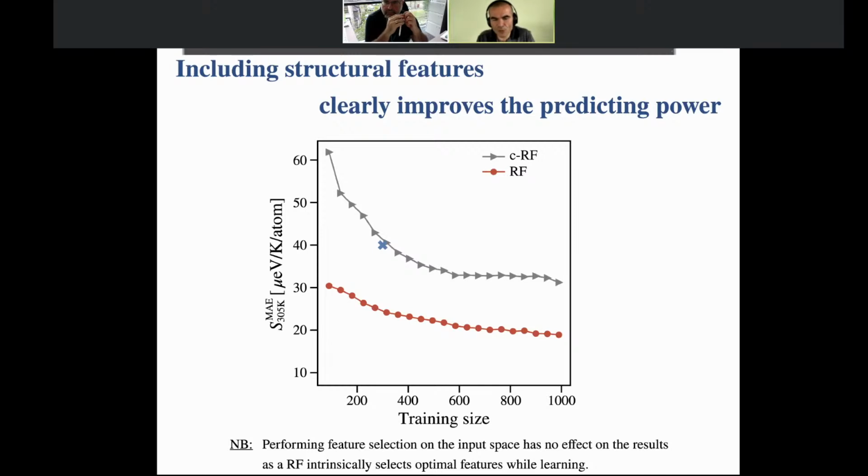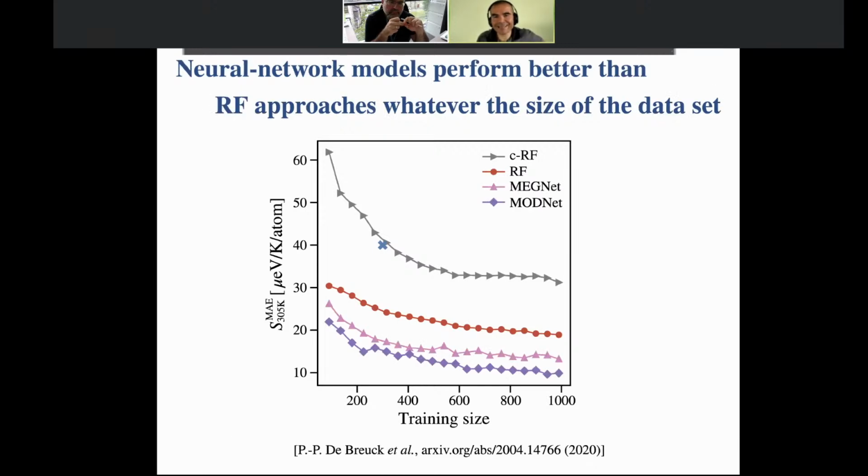And the random forest here, in a sense, is doing an automatic selection of the most important features. So for the random forest. Then we tested the MODNet that I was telling you before, so that uses convolutional graph networks. And that one is really something that requires a lot of data. You see that it's doing a better job. It's a neural network. It's doing a better job than the random forest, even for small dataset size.